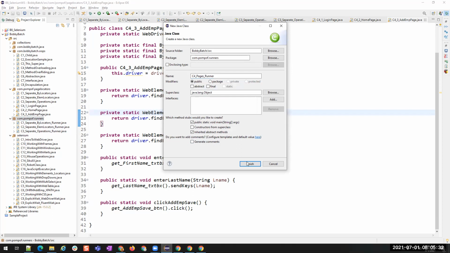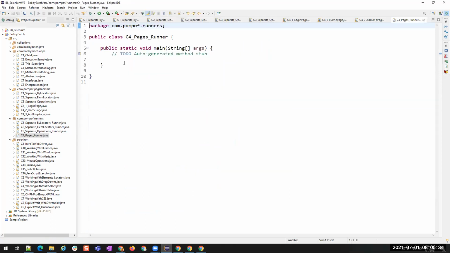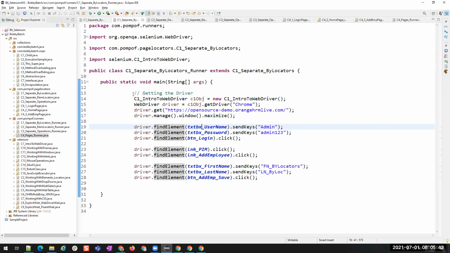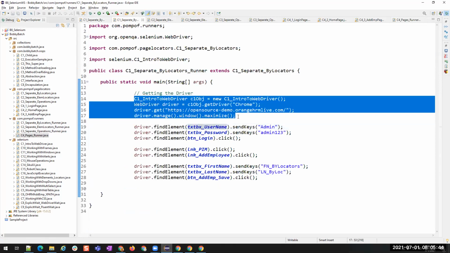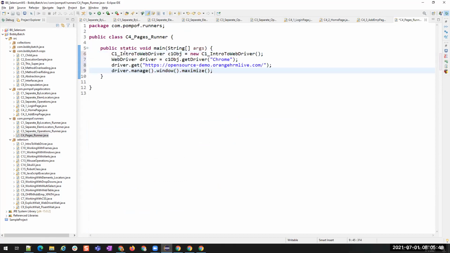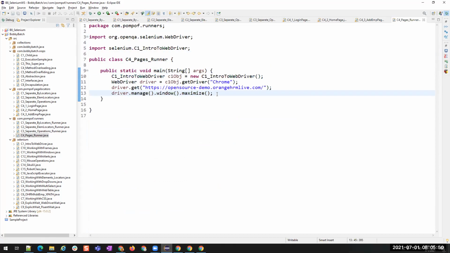I need a main method. Here again, I need the driver object. So I'll copy the common steps. Where are those common steps? Here are they. Okay, I've created this.